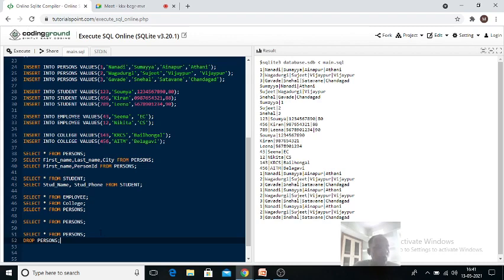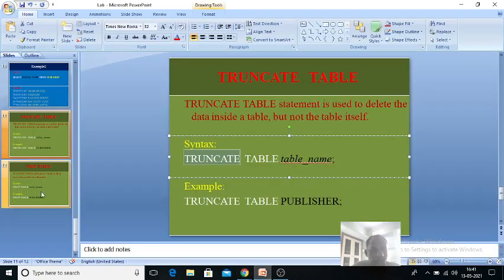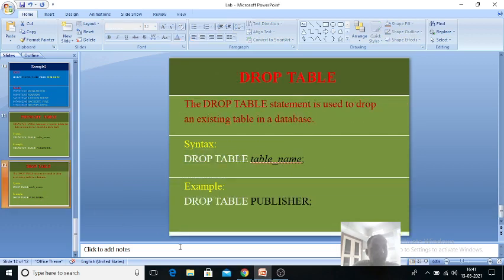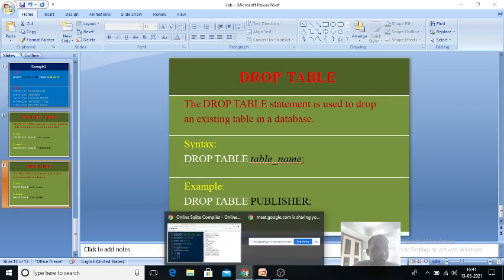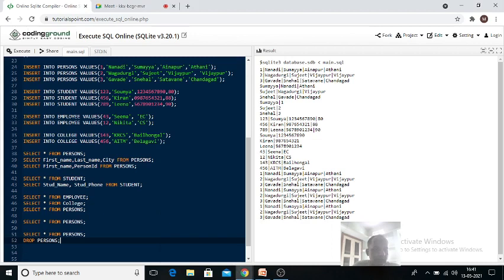Clear? We have to give drop table. Drop table persons. When I execute this, it is executed.